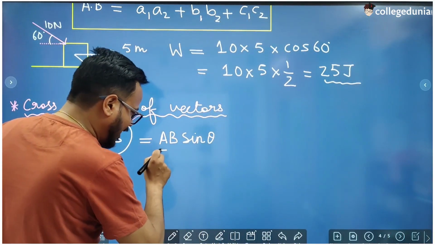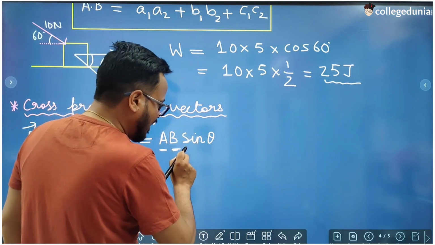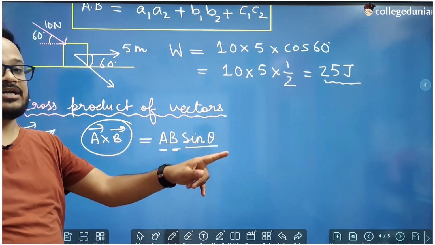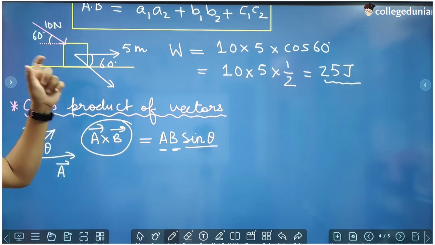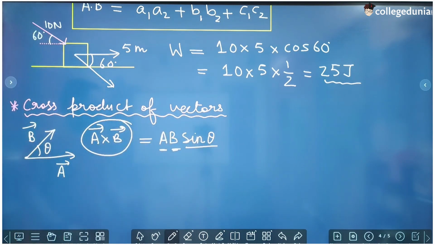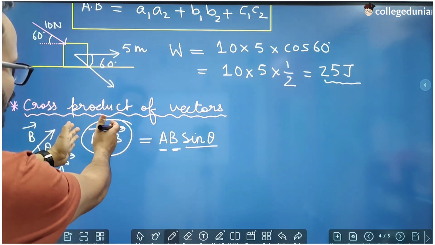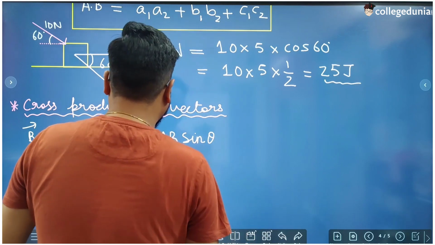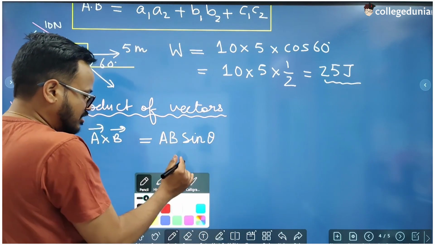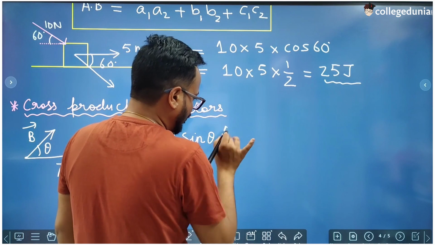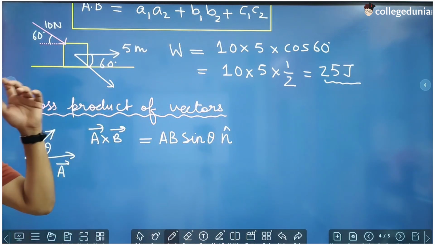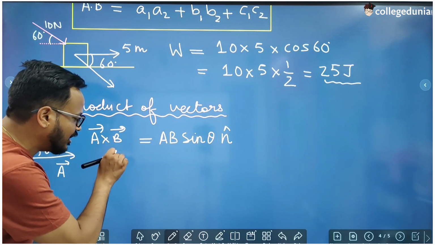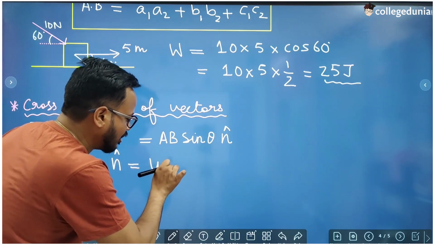But this is the magnitude of A, this is the magnitude of B, and sine theta will also be having a real value. So this product is not a vector, it is a simple number. So it is a scalar quantity. So these two sides are not equal. This is a vector quantity and this is a scalar quantity. So what will we do? We will multiply this with a unit vector, suppose n cap, to make it a vector. Now both the sides are equal